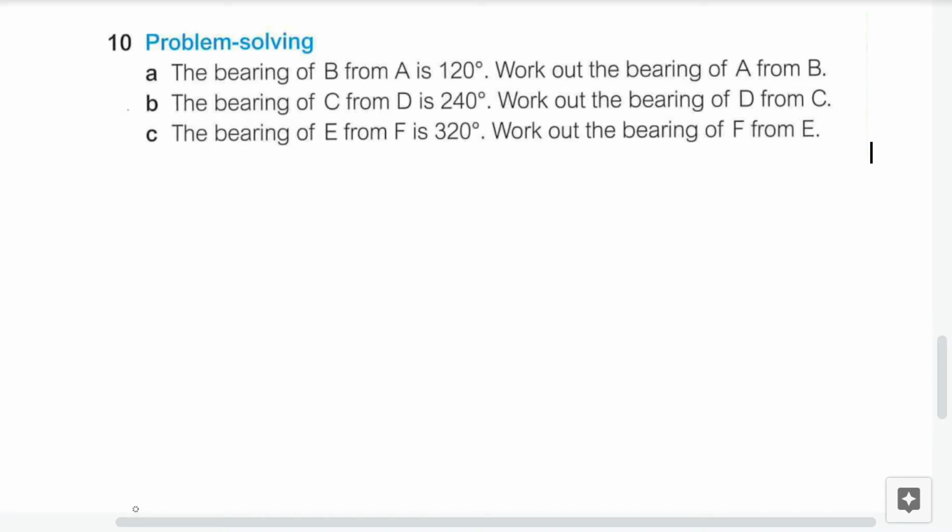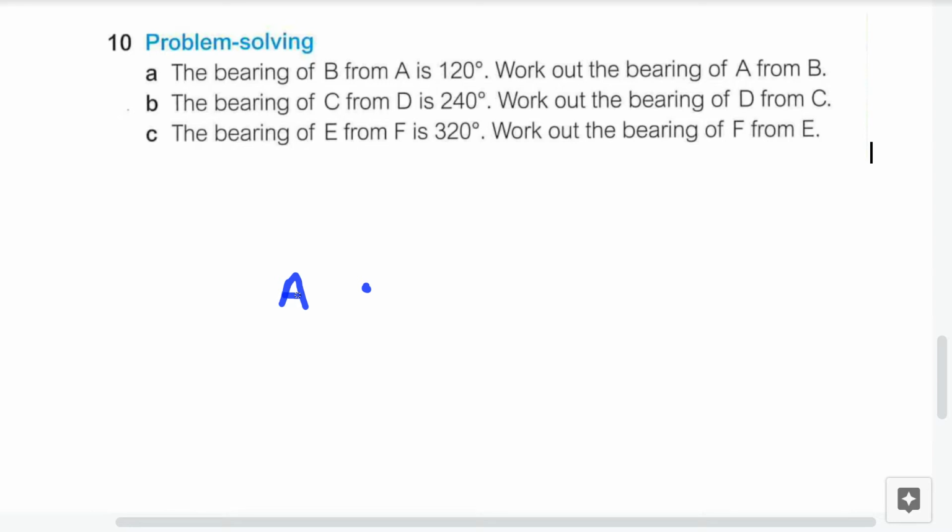Okay, so we're being told that the bearing of B from A is 120 degrees. We're being asked then to work out essentially the reverse bearing of that, of A from B. Okay, so if we start with the location of A, which is here, we're told that B is 120